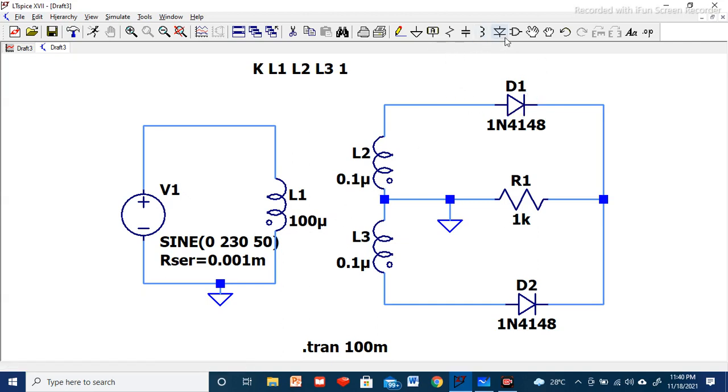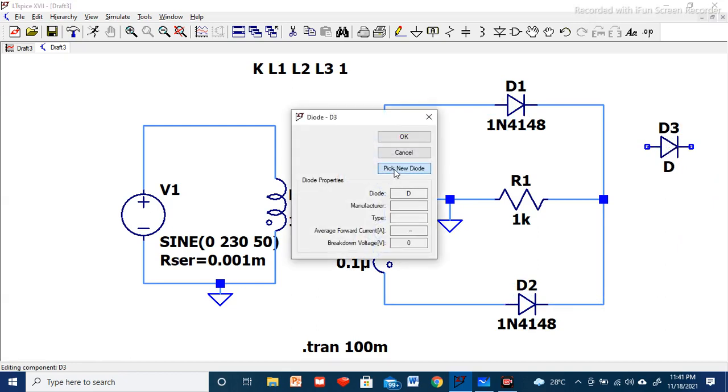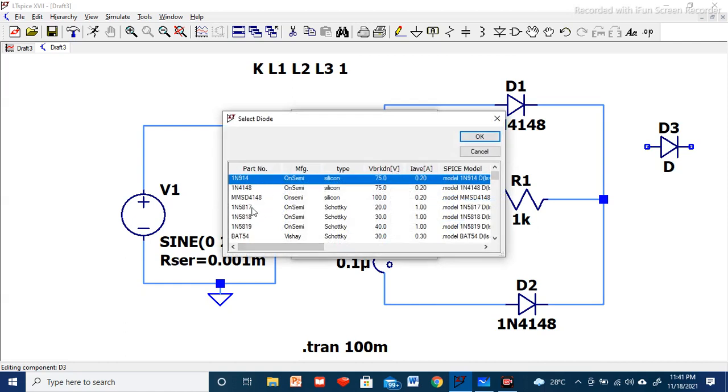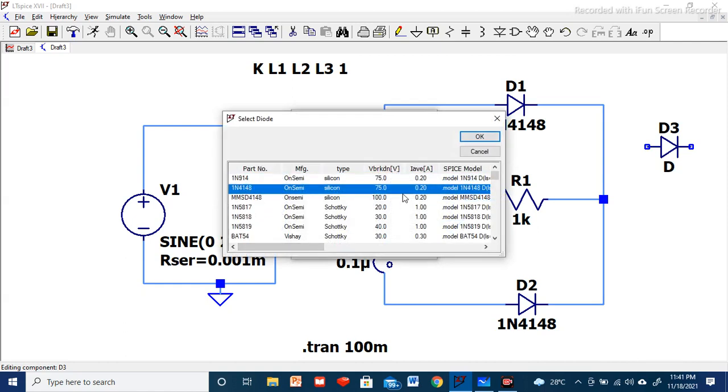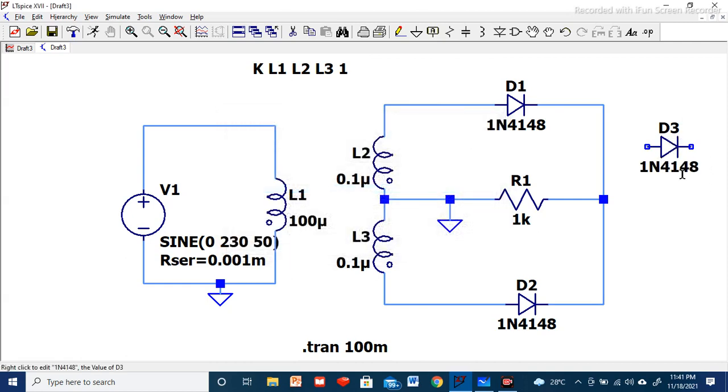So from where we'll get the diode? The symbol diode is there. Select the diode like this. Now if you want to rotate this, press Ctrl R, it will get rotated. Again Ctrl R. So we can rotate like this and place it here, one diode, and one diode you place it here. Once you place the diode, then with the mouse you left click on this and pick new diode. So we have number of diodes here. I have selected 1N4148. So select like this, click OK. Now your diode is defined like this. Here we have 3 diodes, that's why it is D3. You select D1 and D2 and place it here.